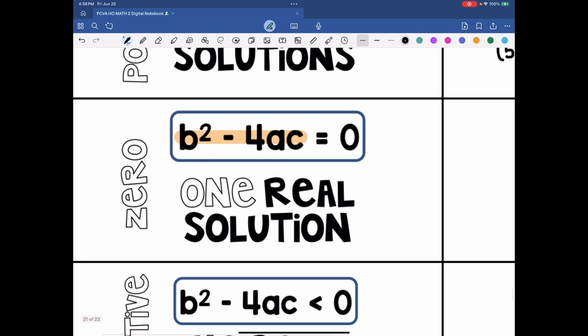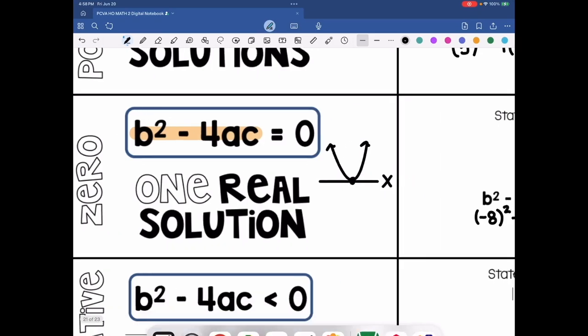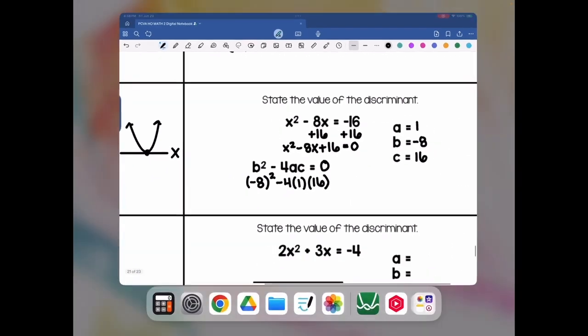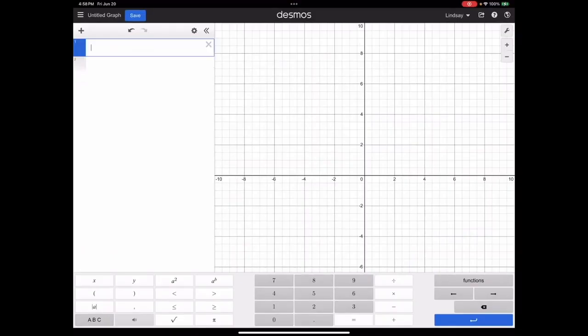So what's going to happen with that is whatever the quadratic may look like, it is going to touch the x-axis, but it's only going to touch the x-axis one time. So let me adjust this so you can actually see it properly. But it's the vertex that is going to land on that x-axis, and it's only going to hit it at one point. So if I put this into Desmos so that we can look at it graphically,